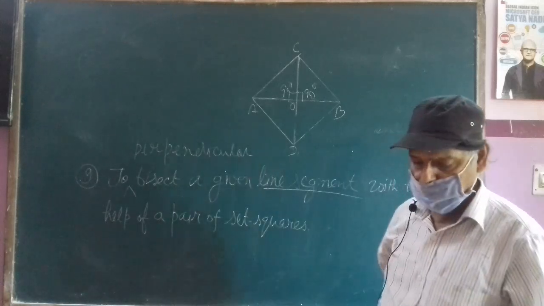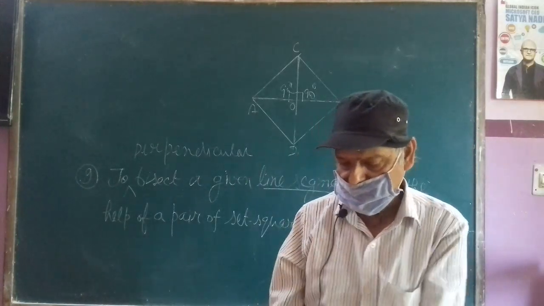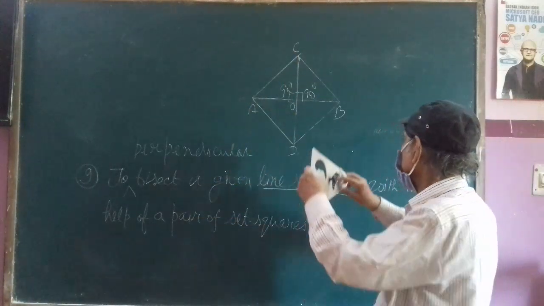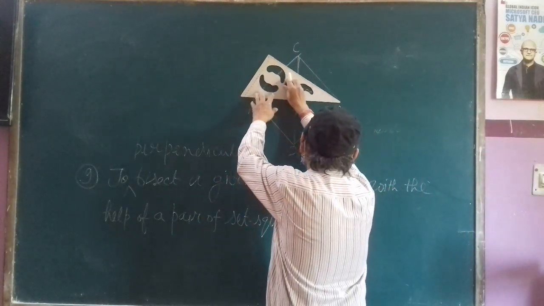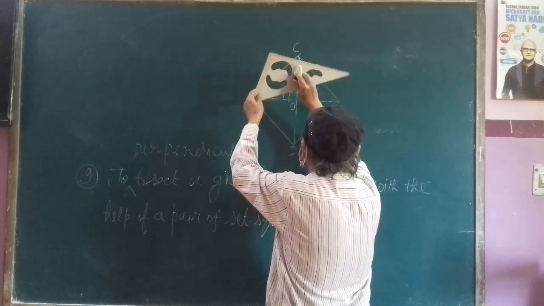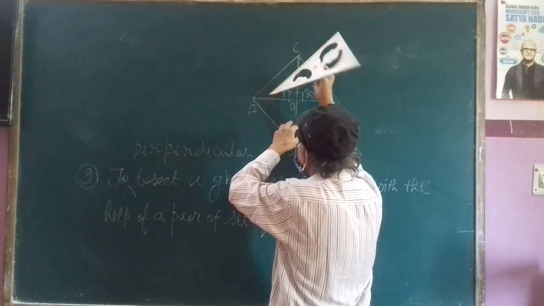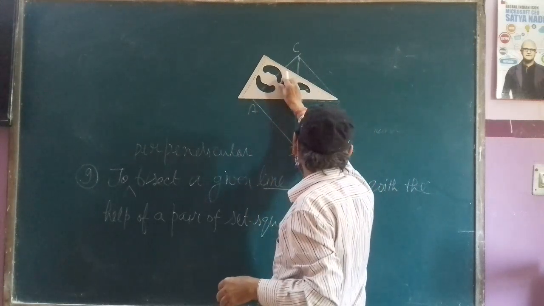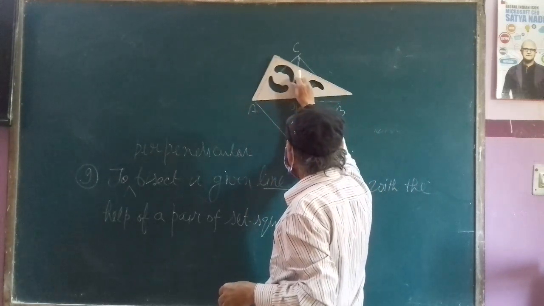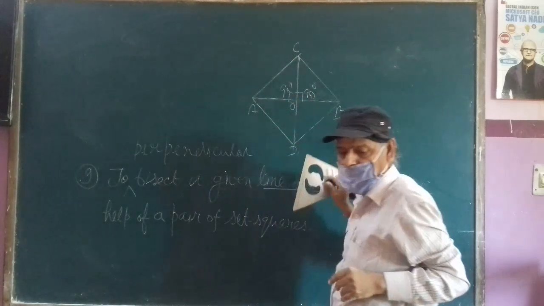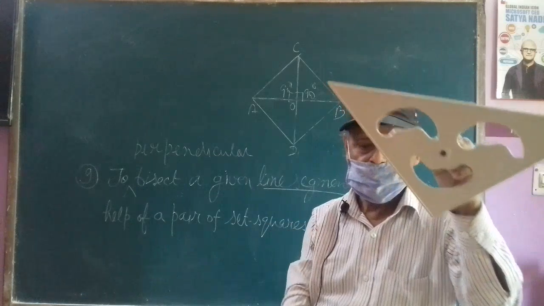You can also make a 30 degree angle or 60 degree angle here. Here you can use this also. You can make a 30 degree angle here. Then it is very difficult because you cannot do it like 30 degree. Better to make it with the help of 45 degree. You can make 60 degree here, but you can't make 60 degree here. So it will be difficult. Better you use this set square only.